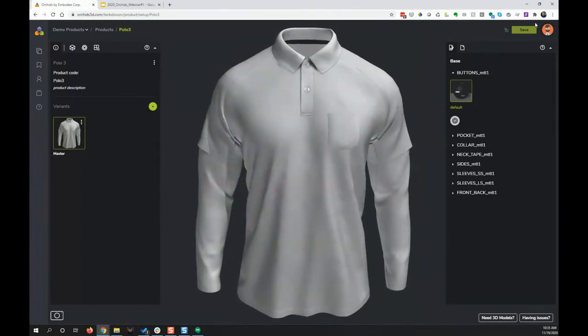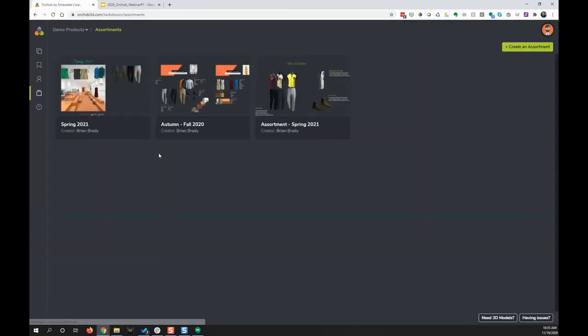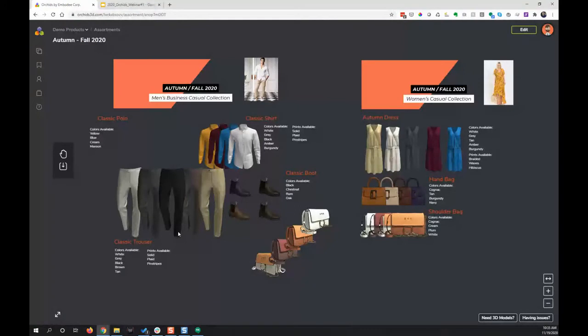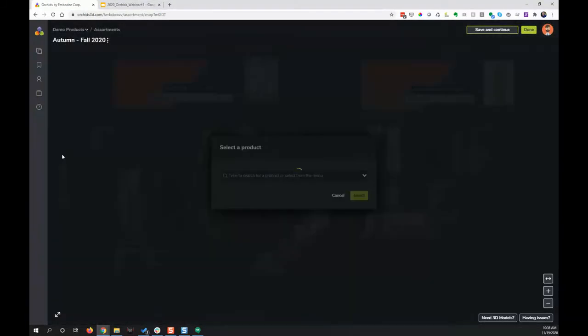So let me come back. I'm going to be now back to myself as this product admin. I'm creating this assortment, right? I'm coming back to my assortment. And let's say in the meantime, Joe has created different variants. He's added materials, he's added colors, he's added different prints or graphics. And he said, hey, we're ready. So let's bring these in. So what I can do in my assortment is simply add a variant to this assortment.